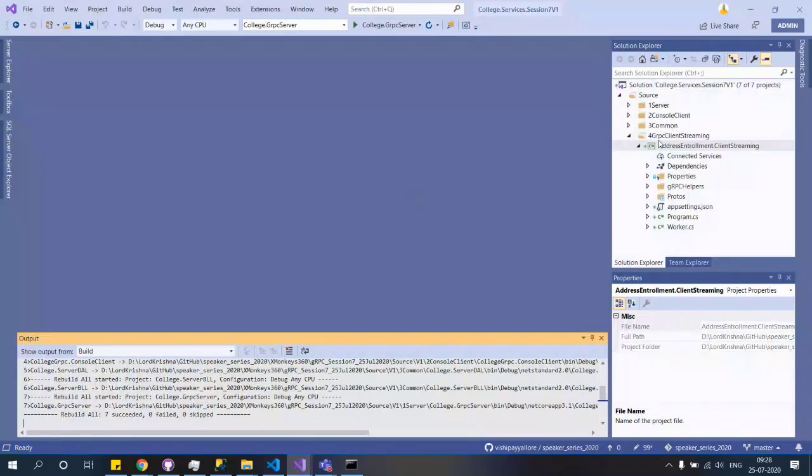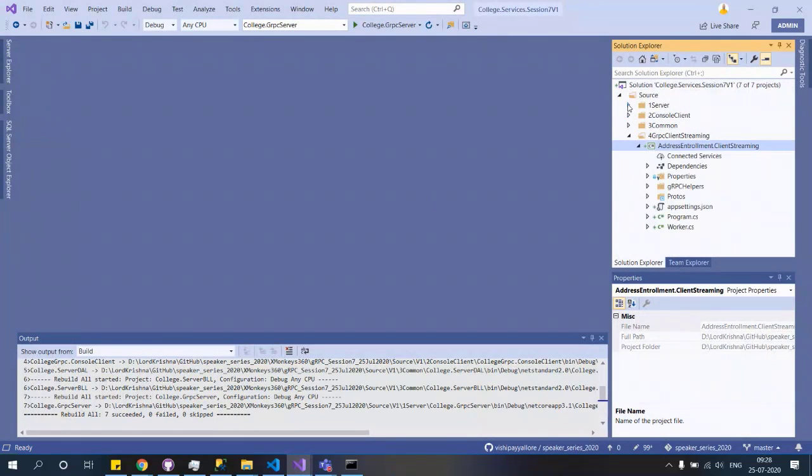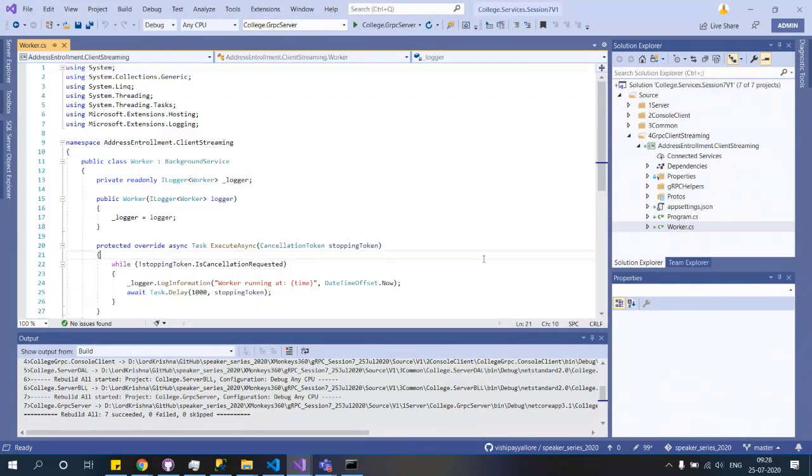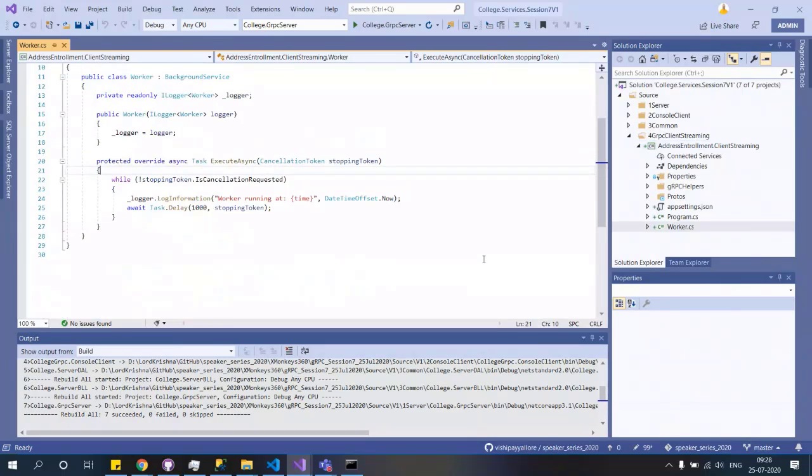So we said that for client side streaming, we already have the server built. Now we need to write this worker service. The assumption is that every 3 or 5 seconds this worker service will read from the messaging system and then send this information to the gRPC server. That's the story, but as of now we didn't build it. We'll build it in future. So this is a piece of the story.